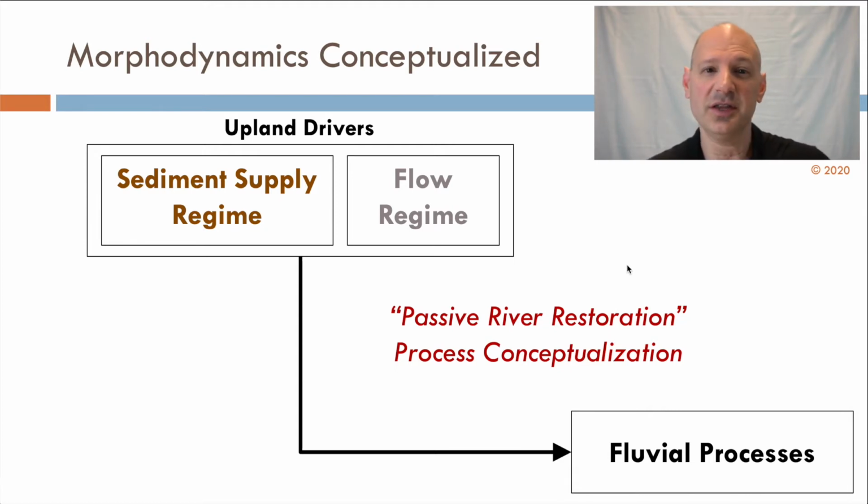Now, I would argue that there's a significant problem with this approach, and that is that it's adjusting the drivers or the input conditions without recognizing that the underlying partial differential equations of fluvial processes are equally as sensitive to, and governed by, the boundary conditions. So just removing one little boundary condition like a levee or changing one little upland driver is not enough to